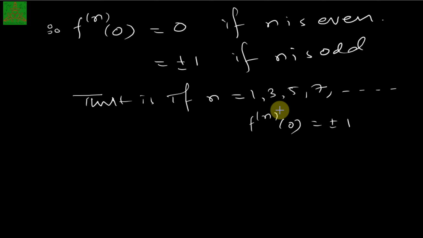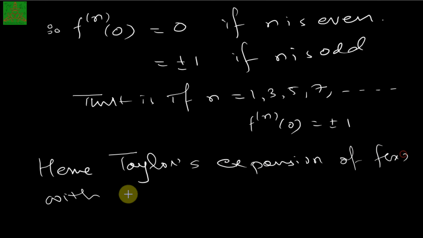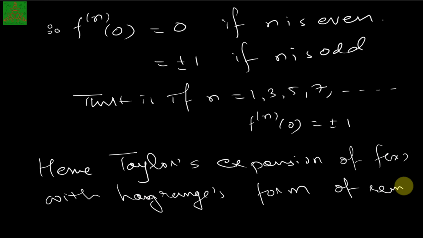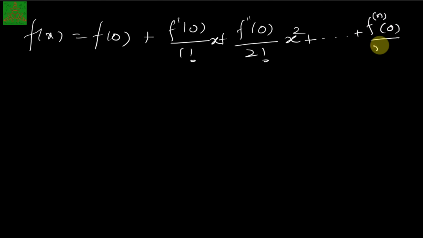Hence, by the Maclaurin expansion, or I can say a Taylor series expansion, Taylor's expansion of f(x) with the Lagrange form of remainder is f(x) = f(0) + f'(0)/1! + f''(0)/2! x^2 and so on, up to the nth derivative at 0 upon n factorial into x^n plus Rn,